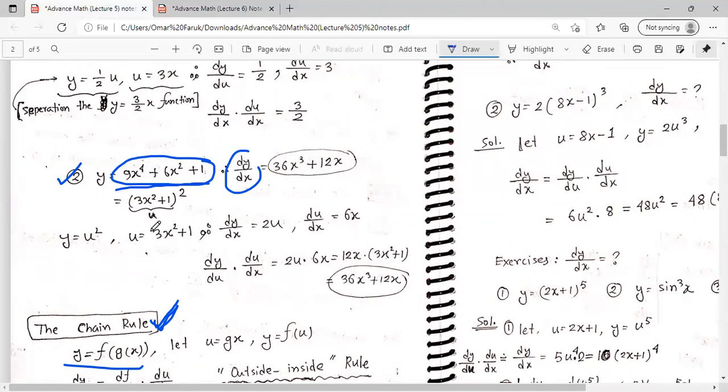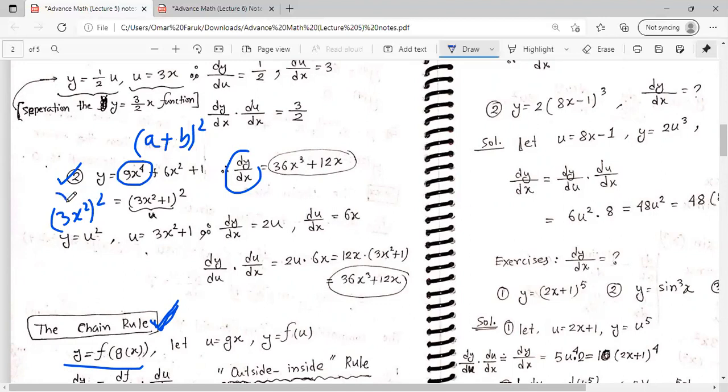Nine x to the power 4. So this is like the (a plus b) whole square rule. You can just write this 9x to the power 4 this way: (3x squared) whole square. It will make 9x to the power 4.